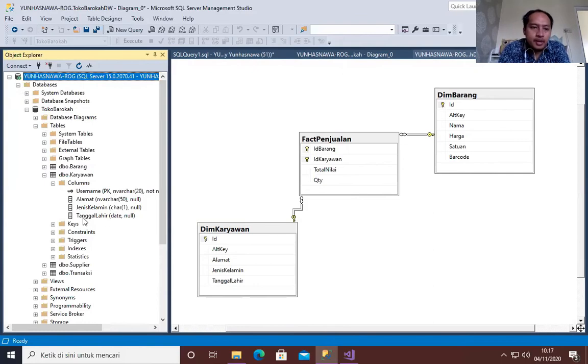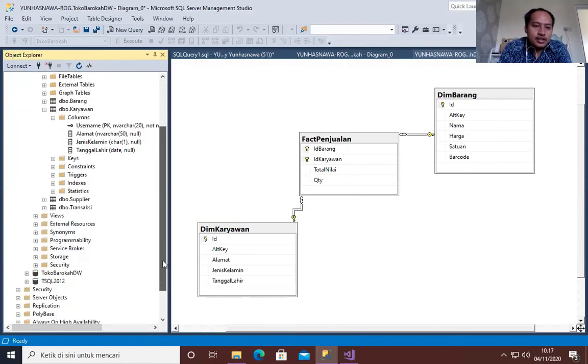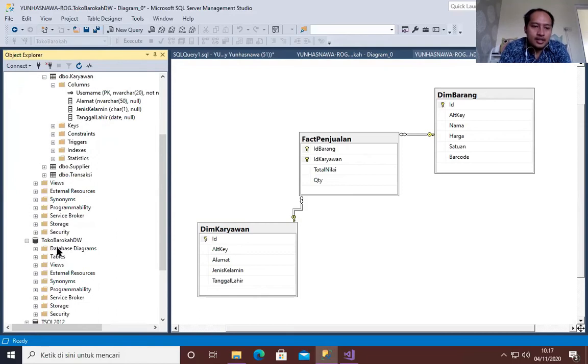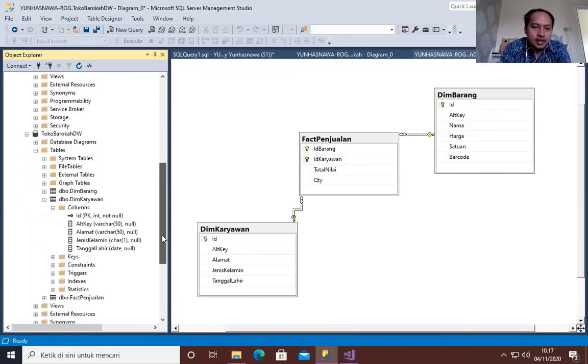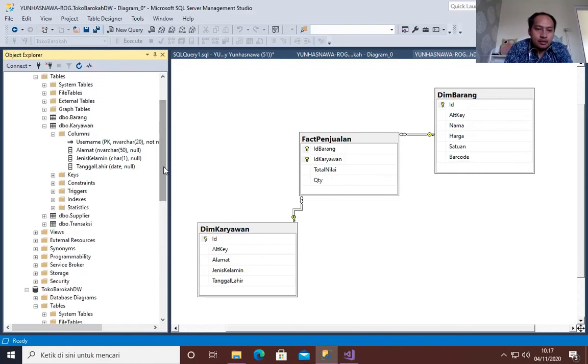But unfortunately, in our Toko Barokah DW, in the dim karyawan table, the columns have different data types. For example, alamat uses varchar, and the alternate key also uses varchar. The difference is in these two columns, the alamat and the username.